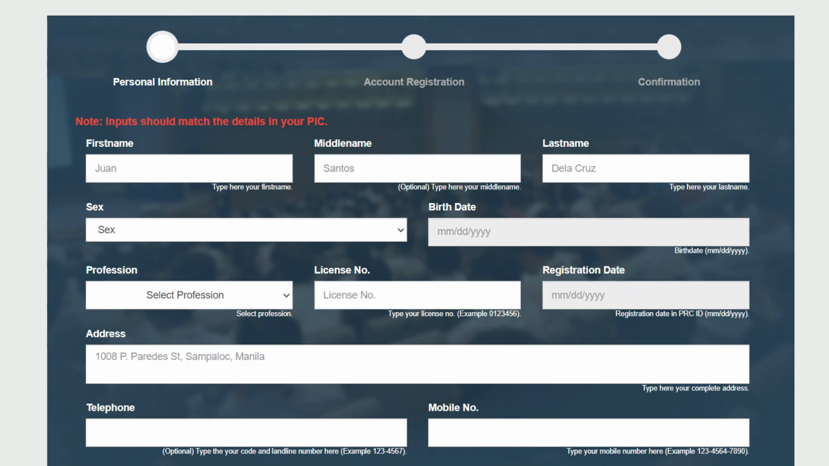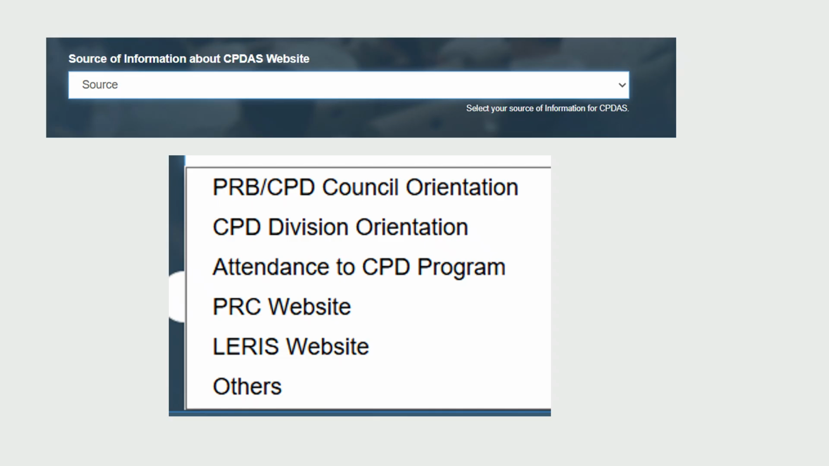So you will just have to complete these details. Then there are optional ones also. So you just have to match the details in your PRC records. Then after that, scroll down the arrow and you will see this source of information about the CPDAS website. So just click the drop down arrow and you will have the choices,